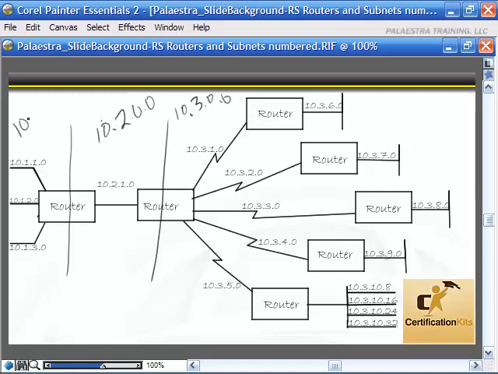And over here, we've got the 10.1.0.0 network with 10.1.1.0, 10.1.2.0, 10.1.3.0. These are not network boundaries right here. These are simply subnet boundaries. This whole environment that we're looking at is the 10.0.0.0 /8 network. I just happen to have chopped it up into smaller subnets, and I've even chopped the subnets